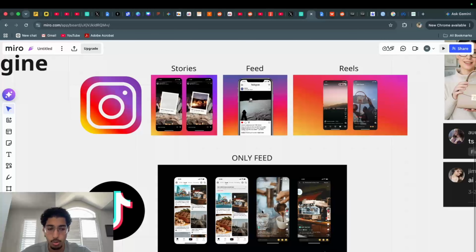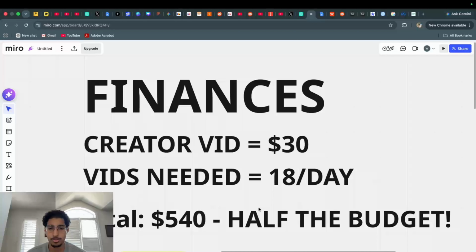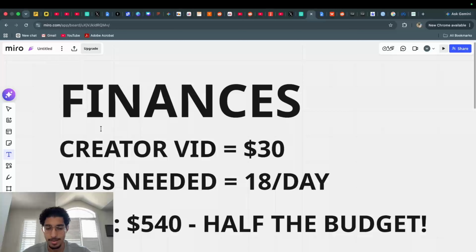So we turned to the only engine that we've had till date, which is our UGC creators. And it didn't take long for us to realize that this was not sustainable. I'm aware that since that campaign, UGC prices have gone down significantly. We're paying creators now probably half of this. We were spending around $1,000 a day at the time, so we needed 18 creatives minimum to reach our bar at